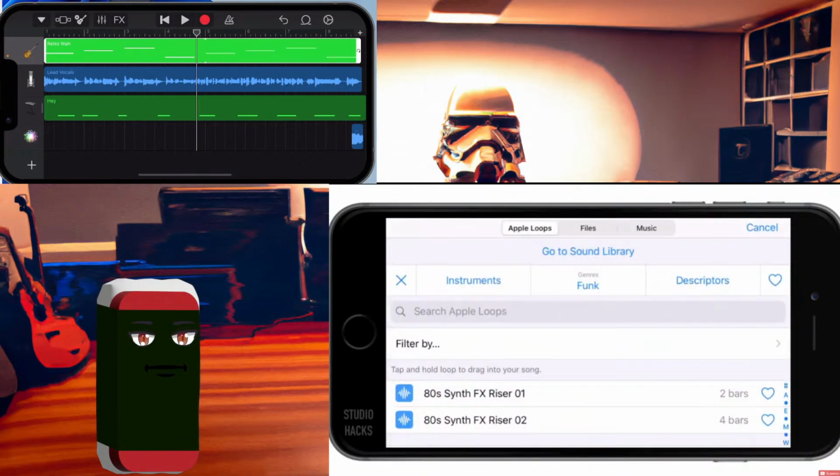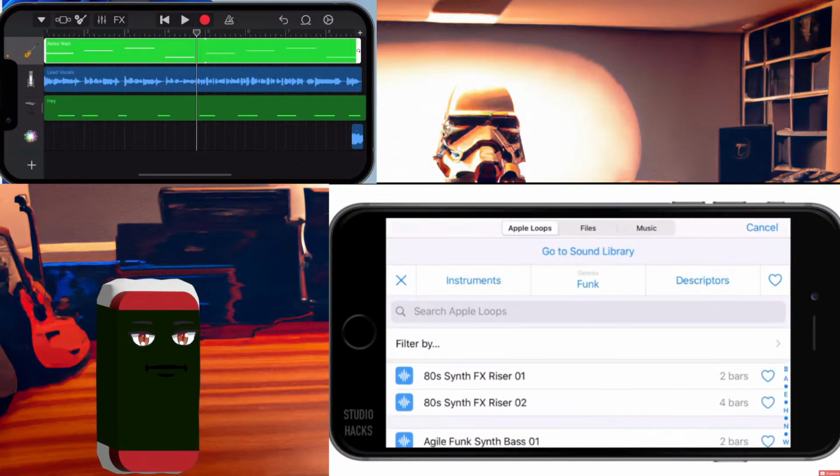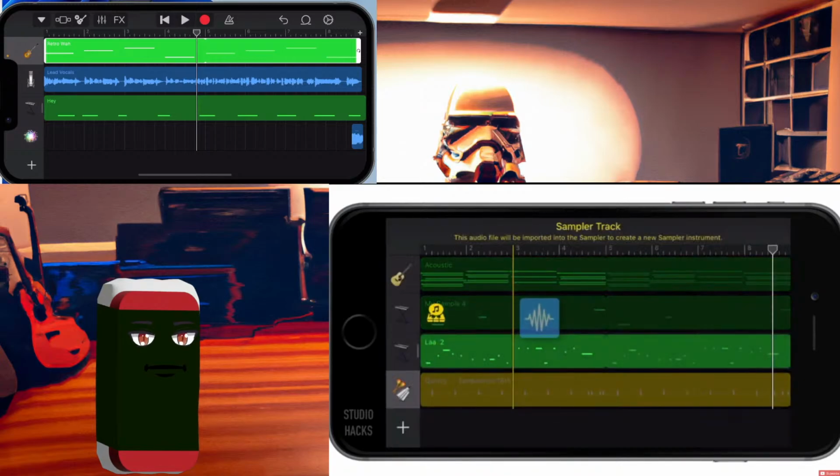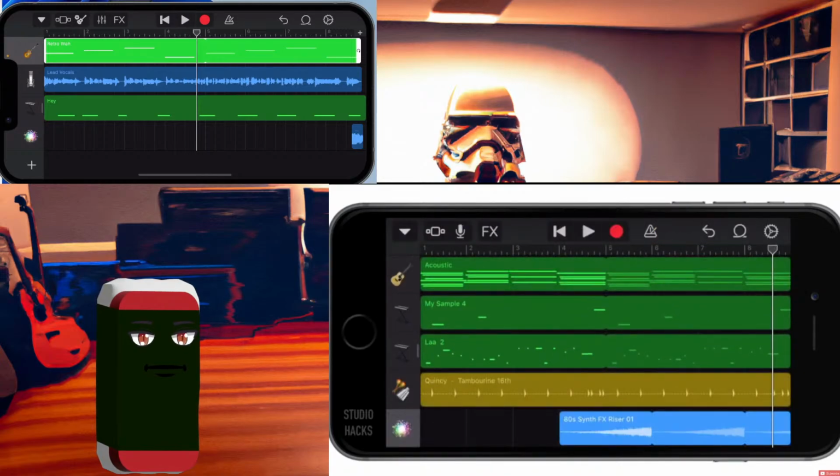And I'm going to see if there's any special effects that I can include in this. Okay, so that's a bit of a riser. Let's see if I can use that. I'm going to drag that up, drop it on a new track. And then it's looped that automatically for me. I only want to use that once. There we go. I'm just going to trim that